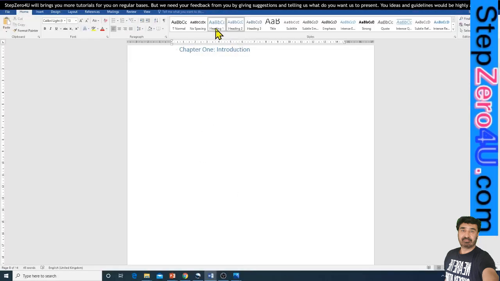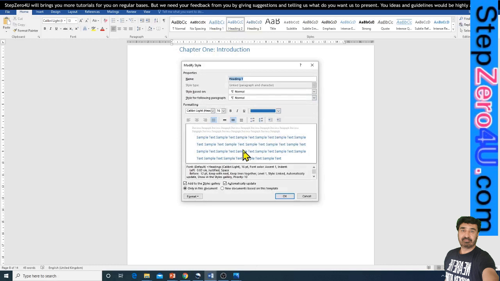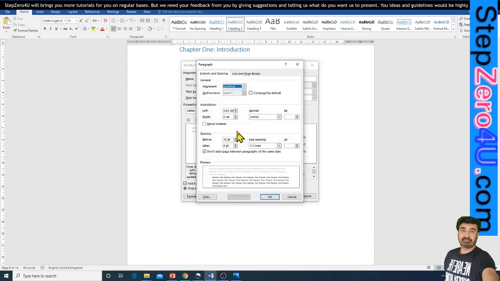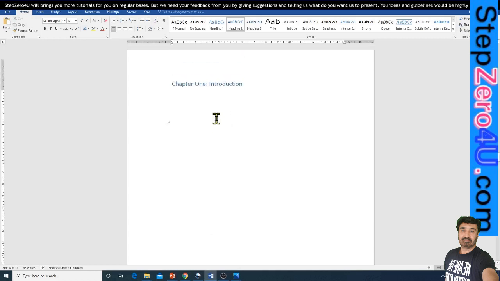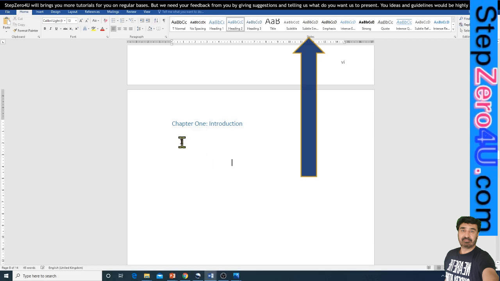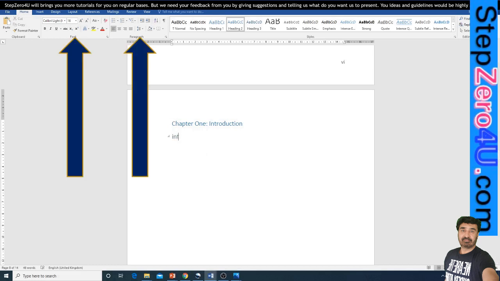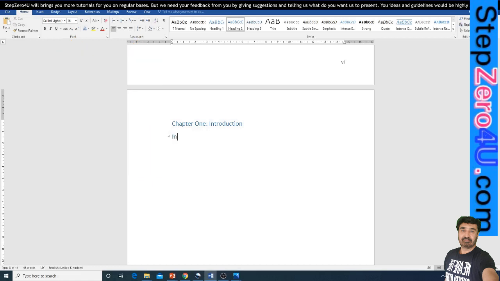As we have discussed, we can change the format of heading 1 by right clicking the heading 1 style, and in the pop-up window font size and text color can be changed, and indentation can be changed by clicking the format tab and selecting the paragraph option. Please remember that when you make changes in heading style by right clicking it in the style section, these changes will be applied to all documents where you have used that heading. But making changes in the font section in the home tab, these changes will be applied to only that heading where you left your cursor.